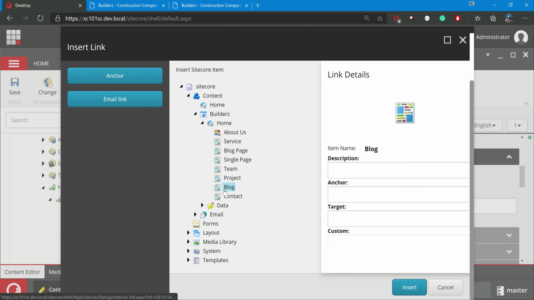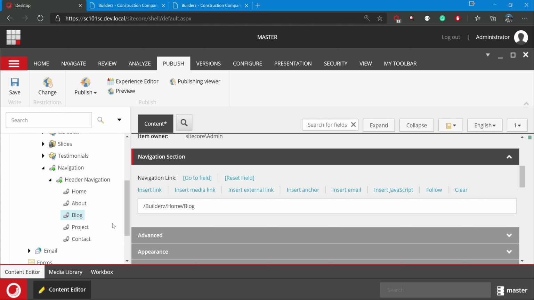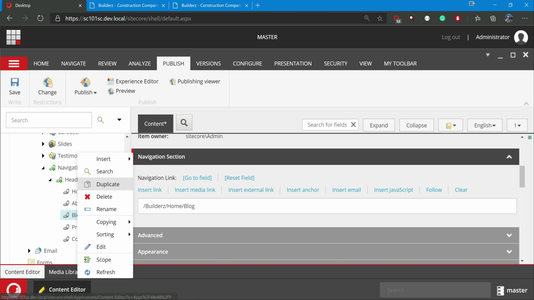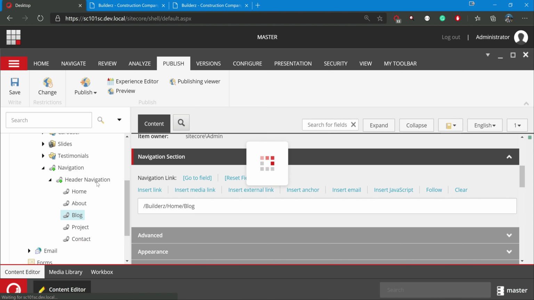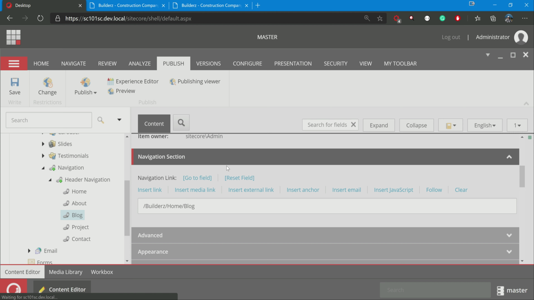In this case, this is the blog. Insert and save. Now I can create the structure here. It does not matter what structure I have there. I can also provide interruptions here, but for now just ignore.